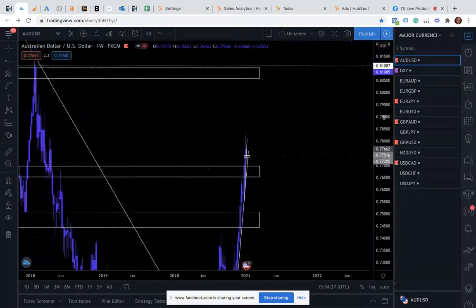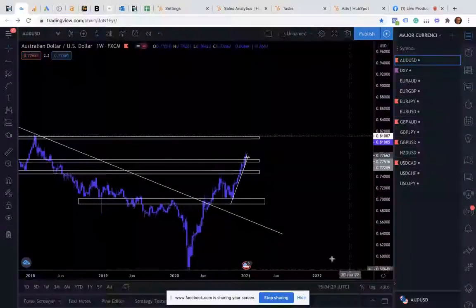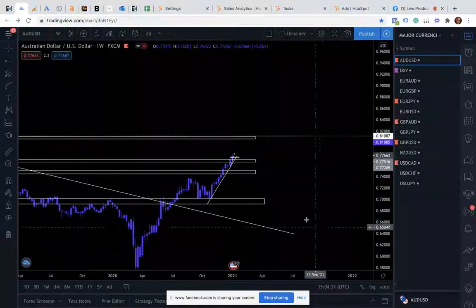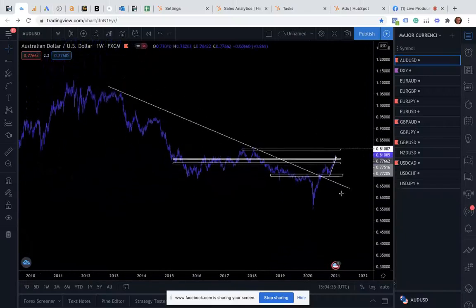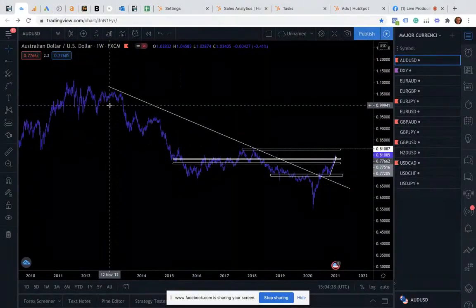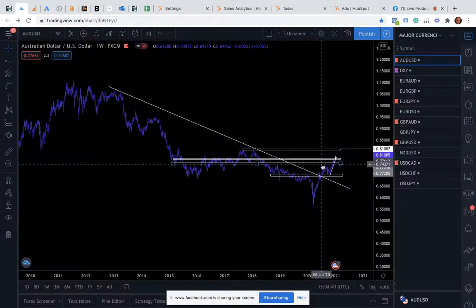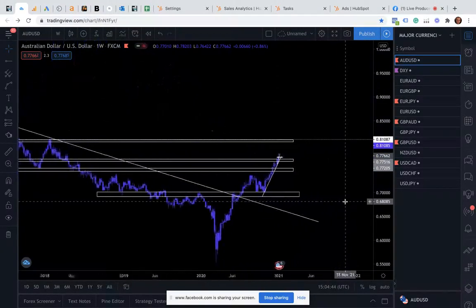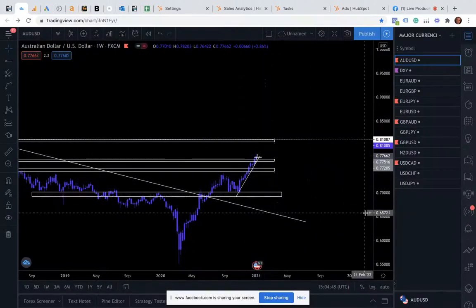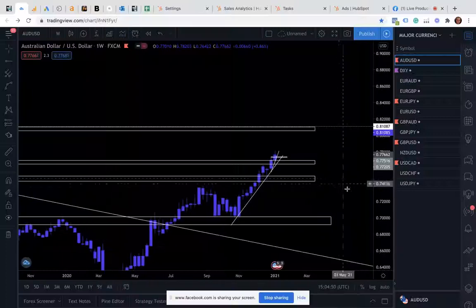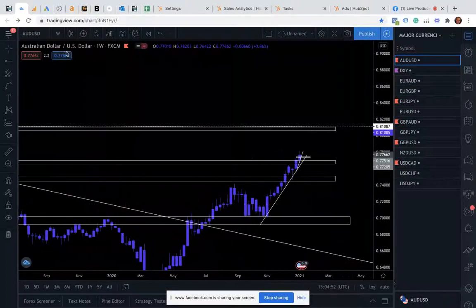you should see most of the US dollar pairs are overextended right now. A lot of them have been going up for quite a while. If we zoom all the way out, you can see we've been in a downtrend for a long time, since 12th of November, and then we just broke out at, say, the 13th of July there, and ever since then we've been on a bullish run up. But you can see how steep that trend line is. It's going to have a correction eventually, and then if we zoom in even more, you'll see on the daily